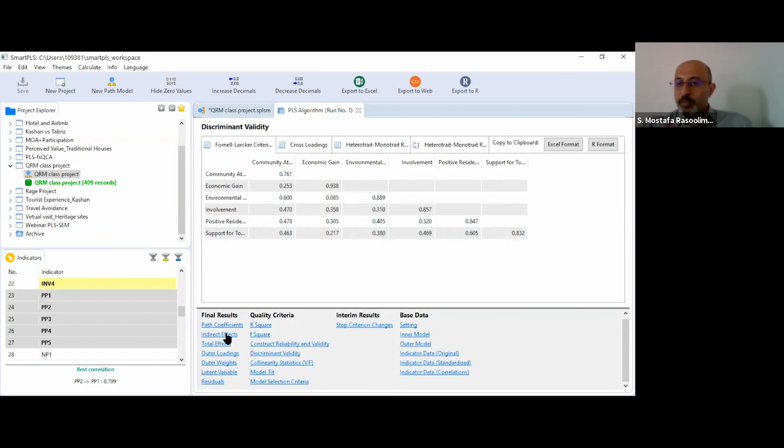You already assessed the measurement model, and now you want to assess your hypotheses, and your hypotheses are only mediation hypotheses. For mediation hypotheses, you need to look at indirect effect. Okay, if you click on indirect effect,